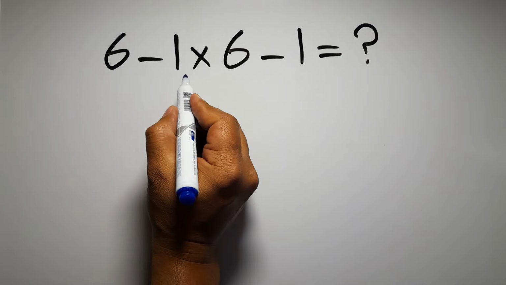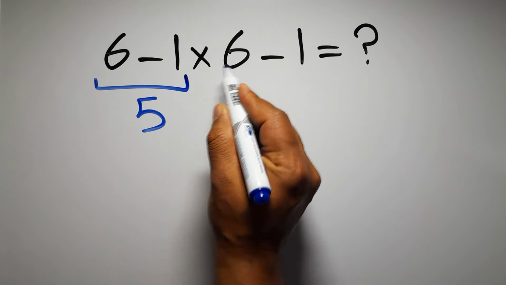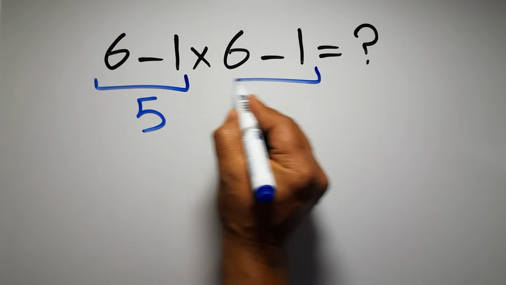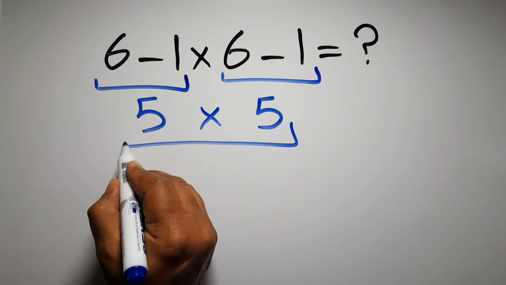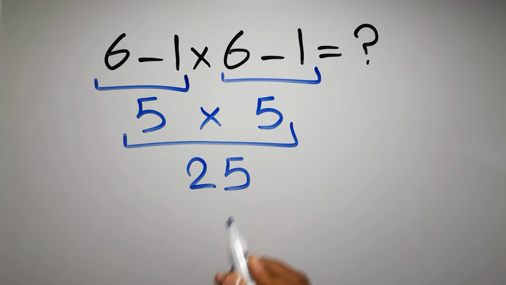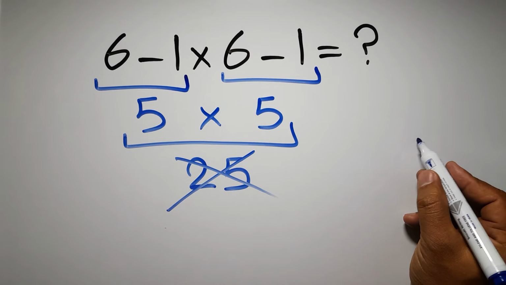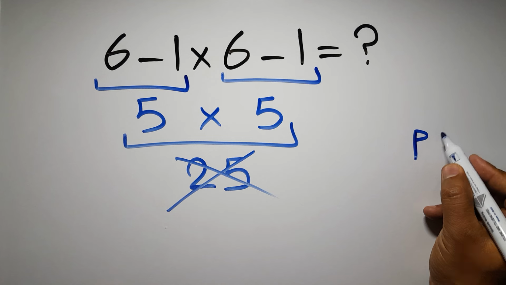6 minus 1 gives us 5. And again here we have 6 minus 1. Okay, so 5 times 5 is just 25. But this answer is not correct, because according to the order of operations, first we have to do parentheses, then